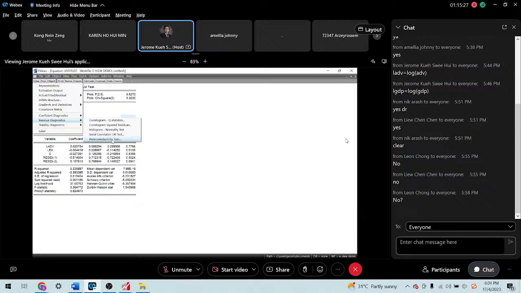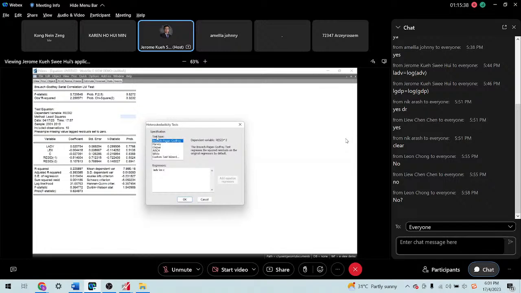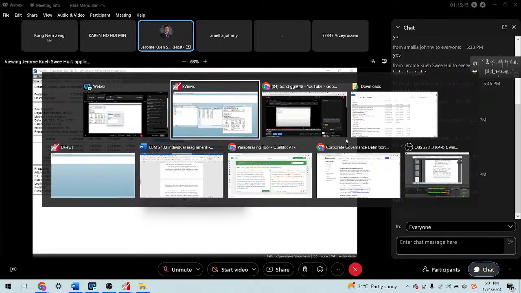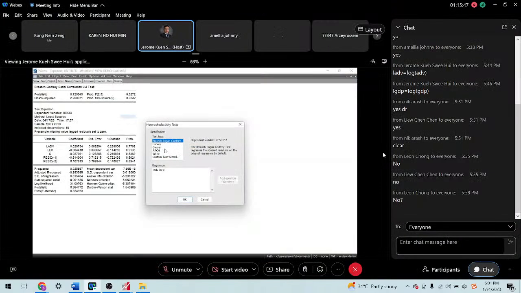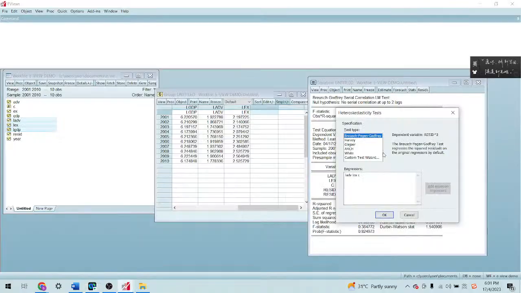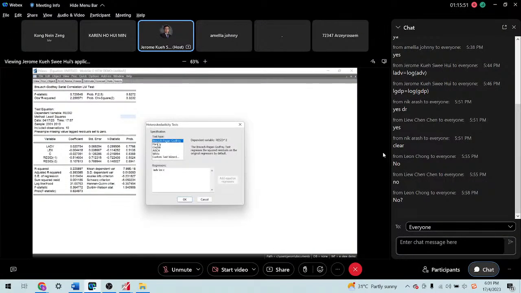This is what heteroscedasticity is testing. Hetero means different, scedastic means dispersion. If we click this button, you can see there are different types of testing under the heteroscedasticity test: the BPG, Breusch-Pagan-Godfrey, or even Harvey, and others. So a lot of different types of testing. We can use the first one, BPG.